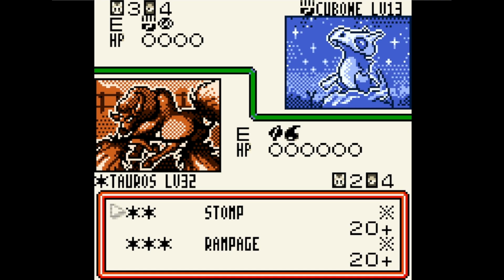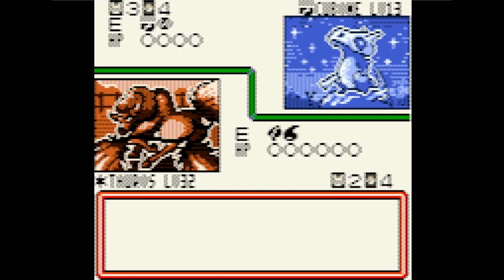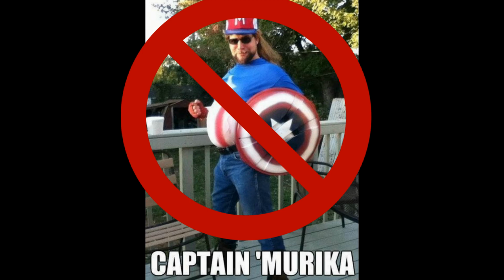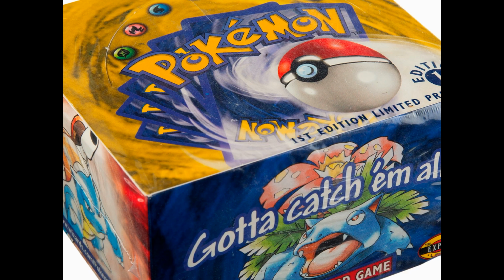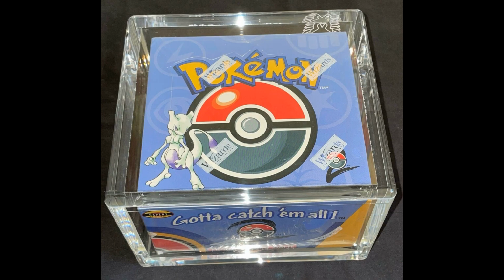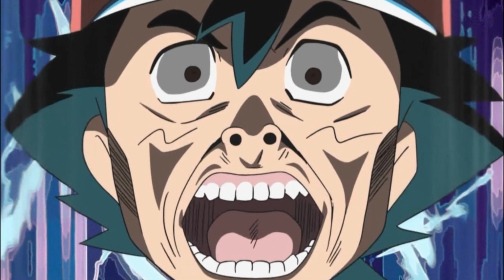So for those of us here in the US and in Europe, we only actually received one Pokemon Trading Card Game. However, there is actually a sequel to the game called Pokemon Trading Card Game 2, Here Comes Team Rocket, that only saw a release in Japan. The first Pokemon Trading Card Game included most of the cards from the first 3 sets, however the sequel included every card from the original game plus most of the 4th set, bringing the total to 445 different cards that